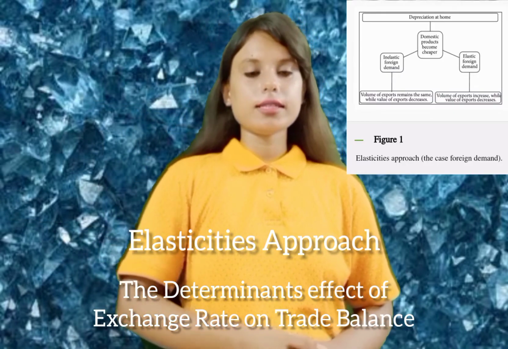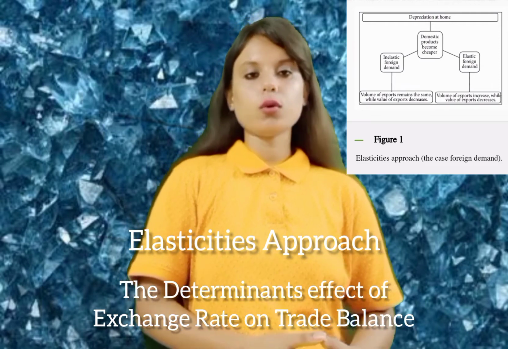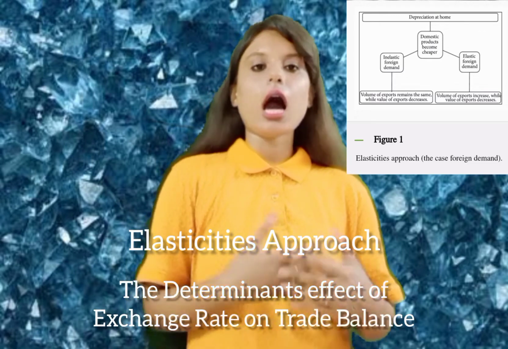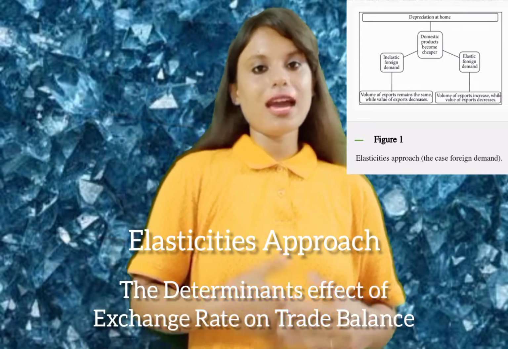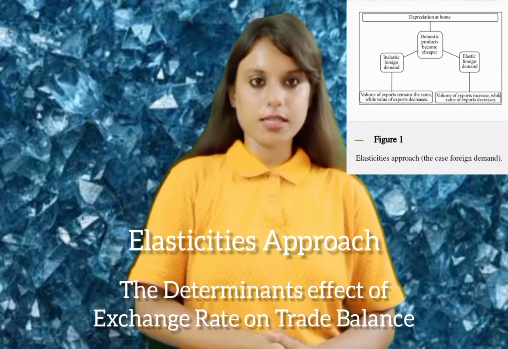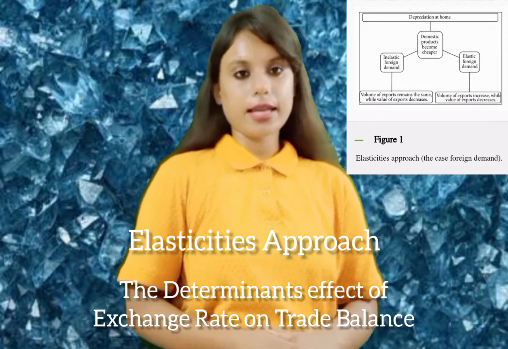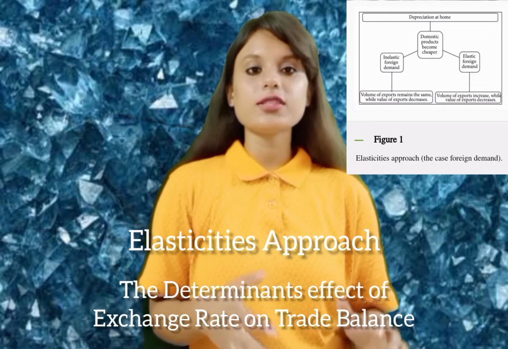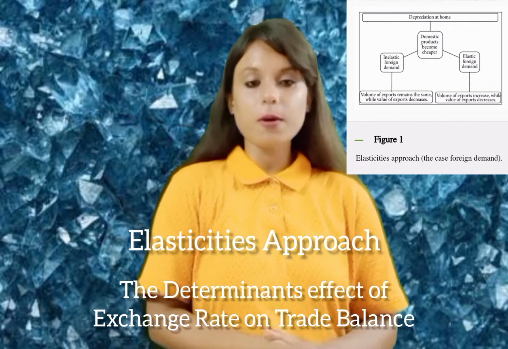Starting with figure 1, this is the elasticities approach, the case of foreign demand, and as you can see, the same logic also applies to the domestic demand. As depicted in this figure, lower prices in the domestic country as a result of currency devaluation will normally increase the foreign demand for the domestic goods, but only when the foreign demand is elastic. On the other hand, if foreign demand elasticity for domestic goods is weak, then the quantity of domestic goods will not rise to the extent that it exceeds the decline in the value of exports, which is caused by the cheaper prices.